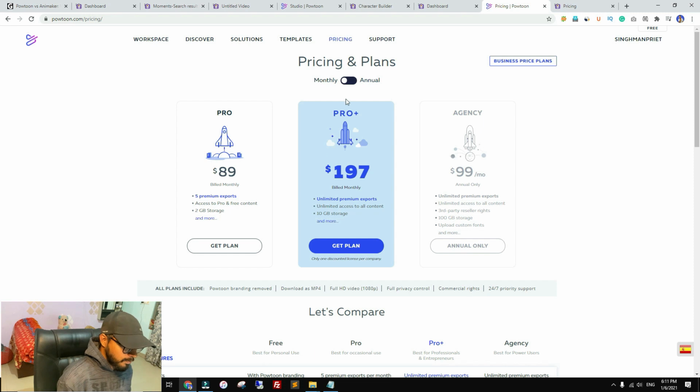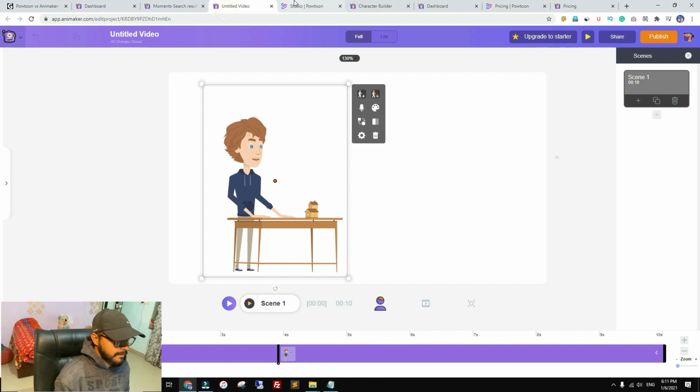And one of the things that is shocking for me, although I talked about this, is the price. So Powtoon price is really, I mean, if you try to purchase their monthly subscription, these plans make no sense. And in case you are going to pick the Powtoon price, just try to buy the Pro plan, because a lot of things are limited in the Pro plan. For example, let me show you.